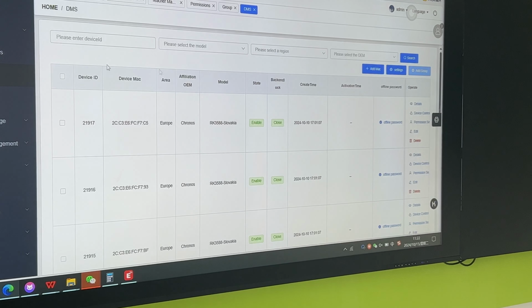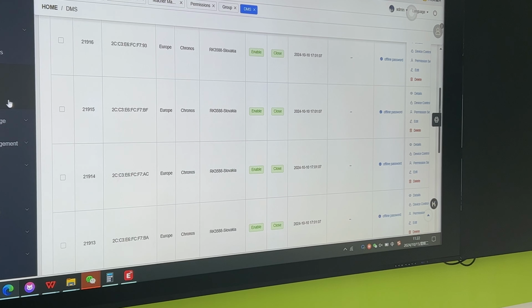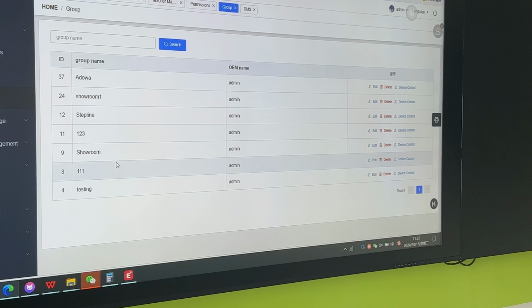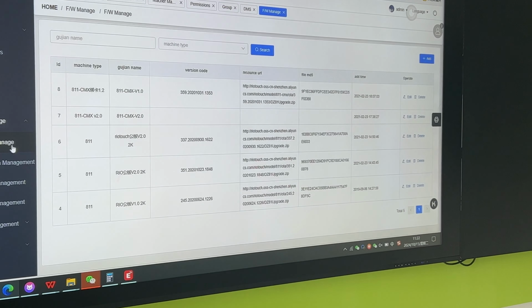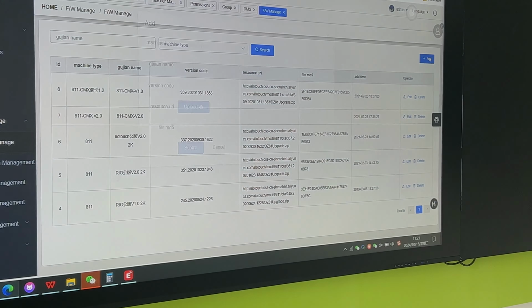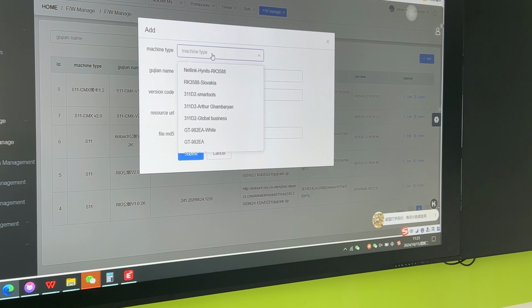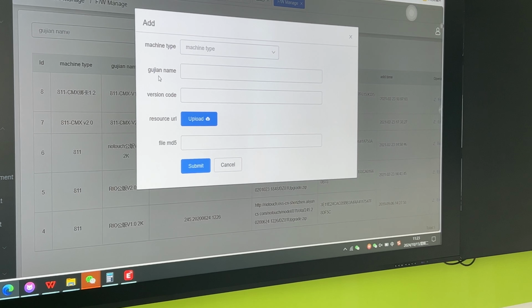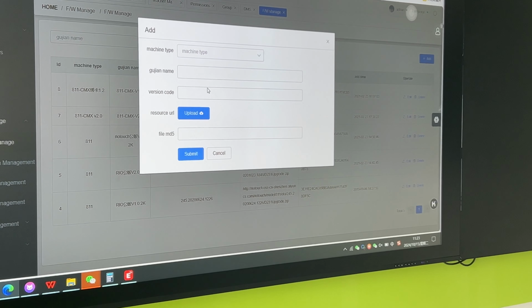The DMS controlling system is the same, just operating and presenting the DMS account in the ODM account. For the group, it's just like making a grouping within a showroom, within the panels you're in, like Score A and Score B. The firmware management and apps are designed for the IT department of your company, of your INCs. Then our technical engineers will train you how to do the OTA for each firmware, like adding different devices after we rename it, and adding more descriptions and demonstration on this and the